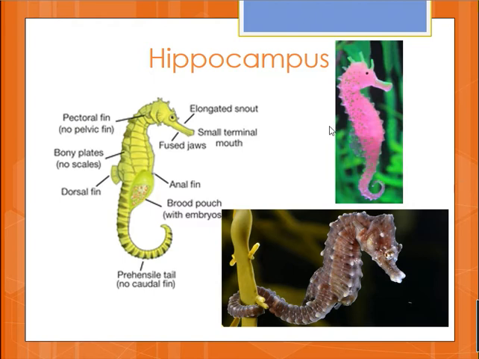This fish is popularly known as the seahorse because you can see the head remaining at right angles to the trunk, and the head resembles the head and neck of a horse. That is why it is called the seahorse. It's a marine bony fish which inhabits the Indian and the Atlantic Oceans.